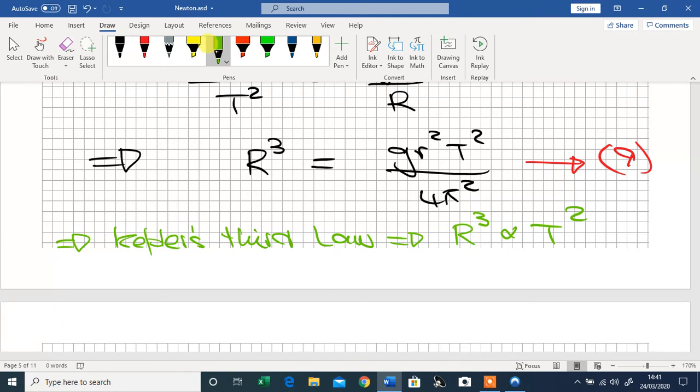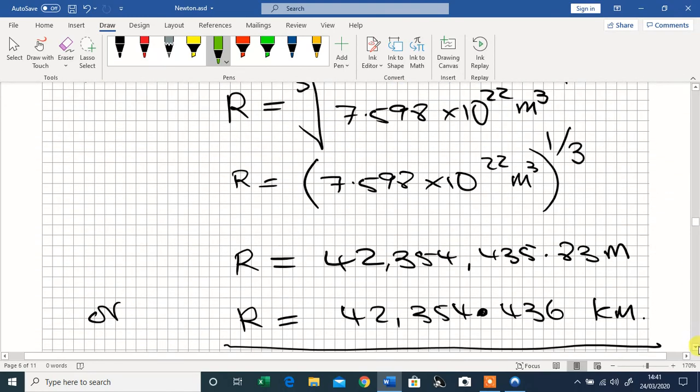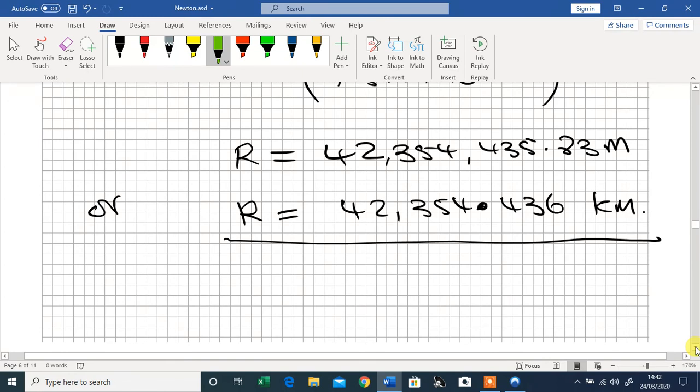And likewise, some people also say that the squares of the periods are proportional to the cubes of the distances. They're exactly the same thing. And the constant of proportionality is just this G R squared over 4 pi squared. And that's all it is. That is Kepler's third law. So we've gone from the very basics to work out Kepler's third law, and then we've substituted in our values to work out the radial distance that a geostationary satellite needs to maintain for it to stay in that